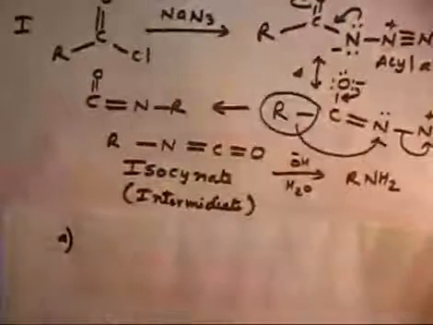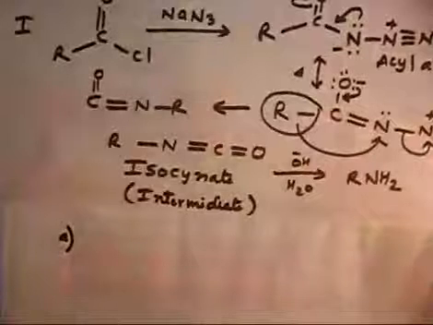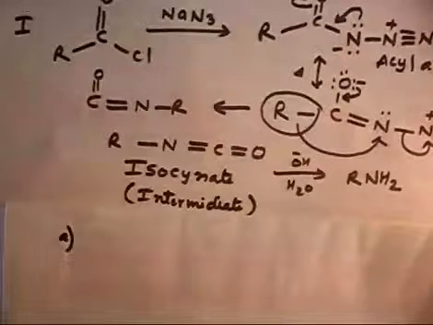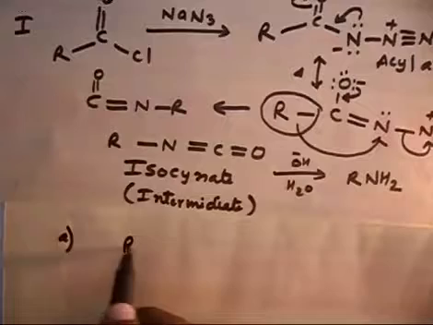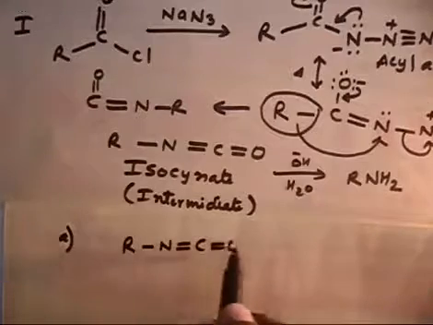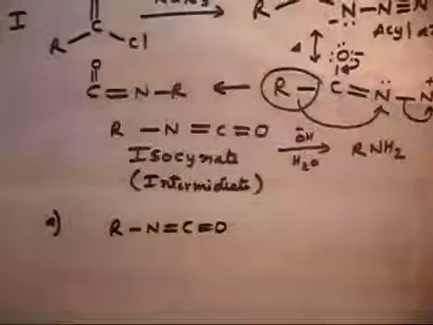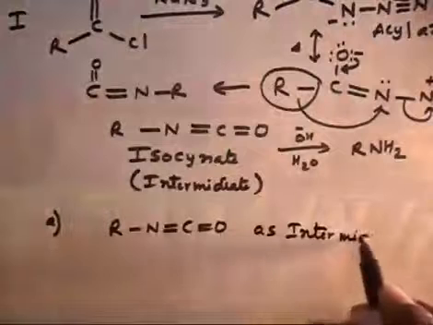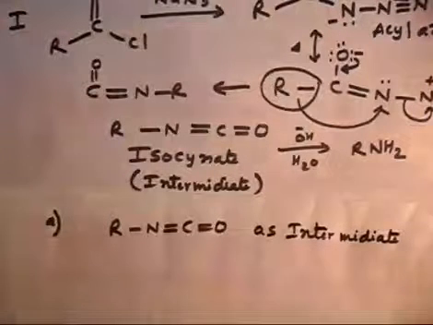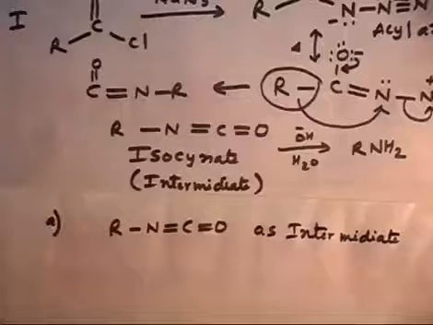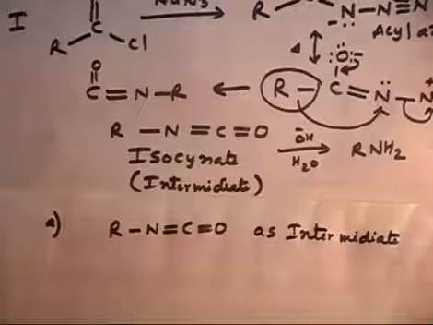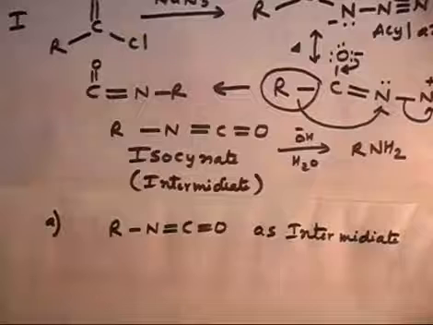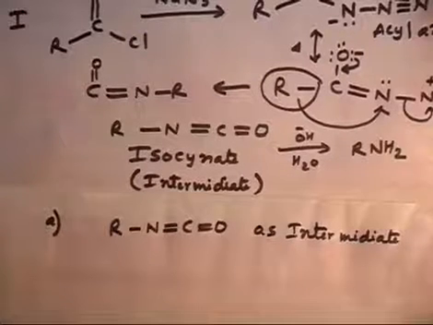So in this case it says the path is very short. Now which step of Hofmann rearrangement resembles the Curtius rearrangement? So what is the thing that is resembling? You see, in both cases you are getting RNCO as an intermediate. So this is one resemblance. After that the mechanism is the same. Before RNCO formation we have a slight difference, but after that the mechanism is very similar for both cases. This is a hydrolysis of RNCO in both cases.